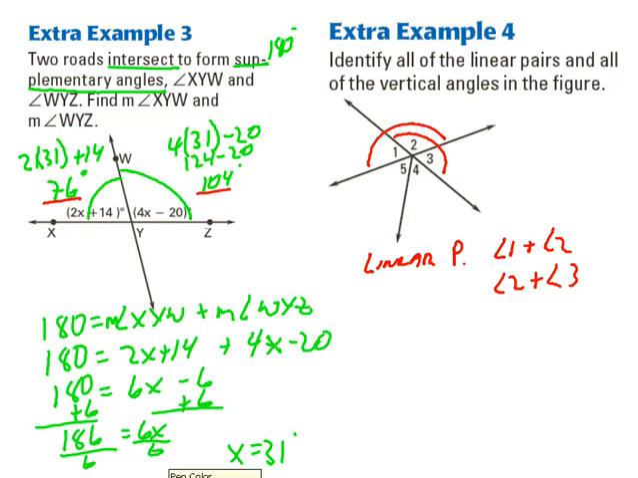Vertical angles. Angles opposite each other. So vertical angles are opposite each other. So this angle and this angle are opposite: angle 1 and angle 3. And that's all I see for vertical angles. They have to be congruent and